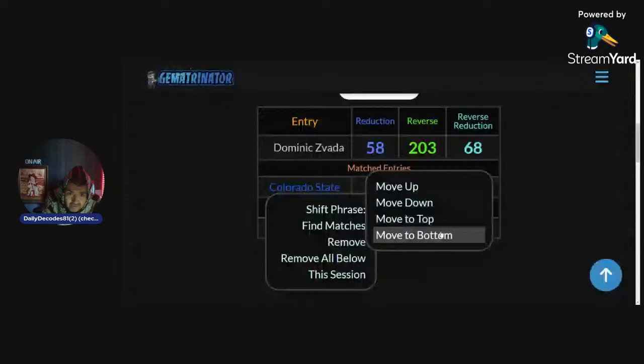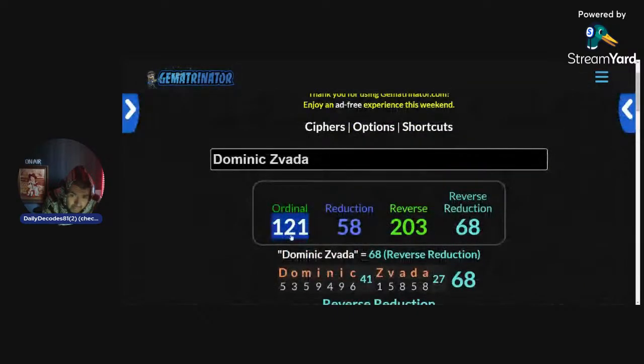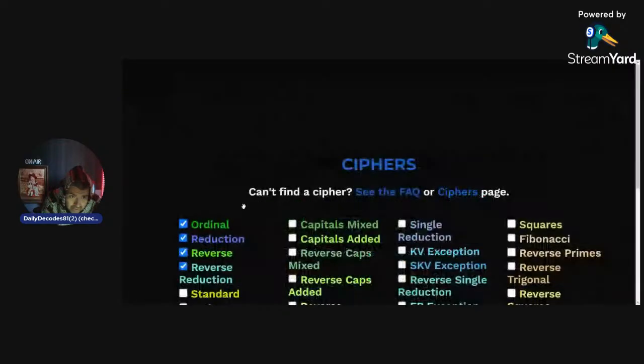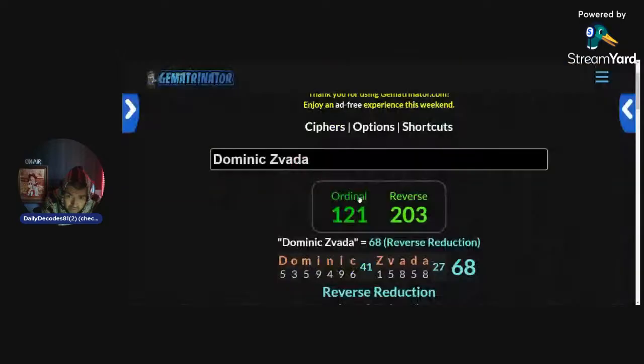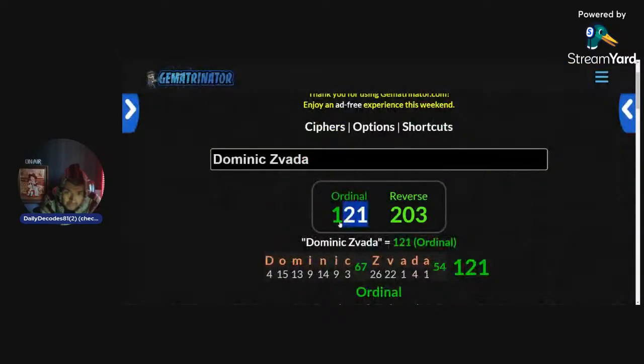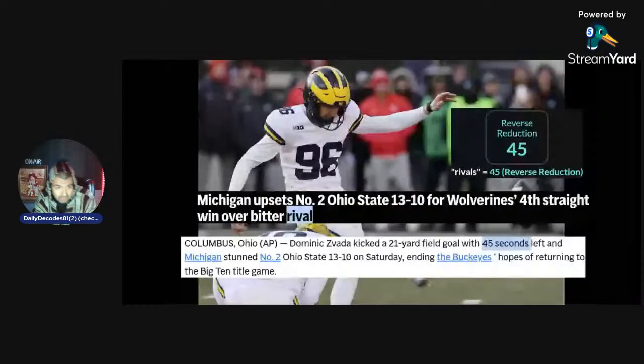Nope, that's fine. So now what I do, putting together these slides, I want to keep both of those ciphers. Again, on the Gematrinator 85 calculator, it'll let you just break it down to which ciphers you want. And I want to highlight the 21 there so it pops when I put it with the slide, okay? So that's great right there.